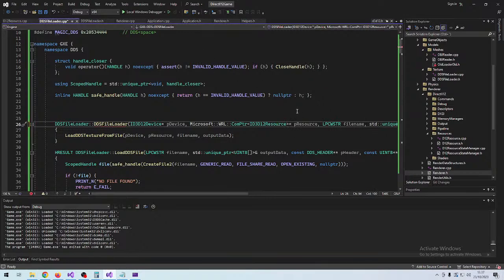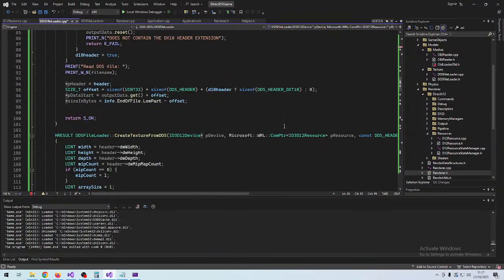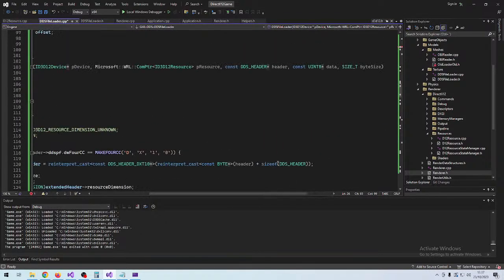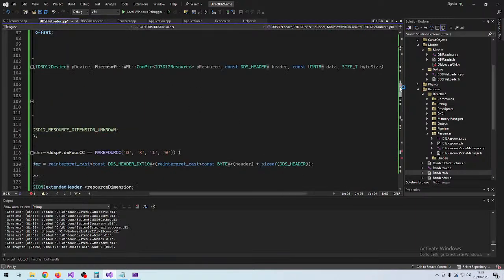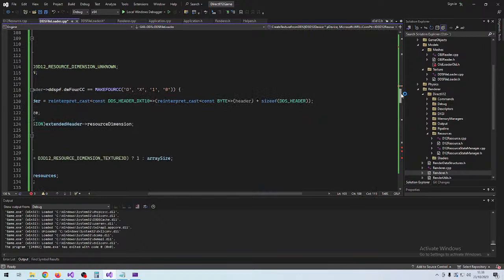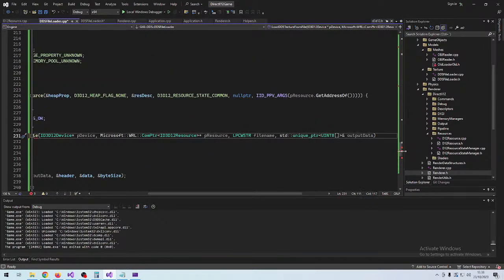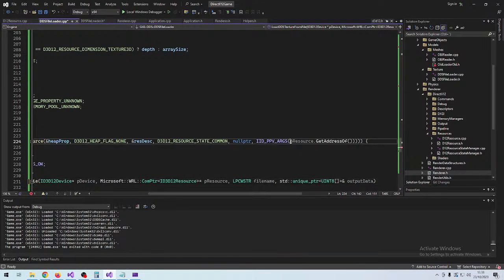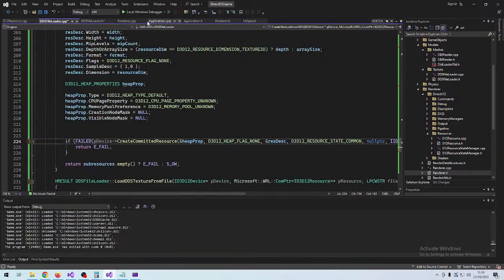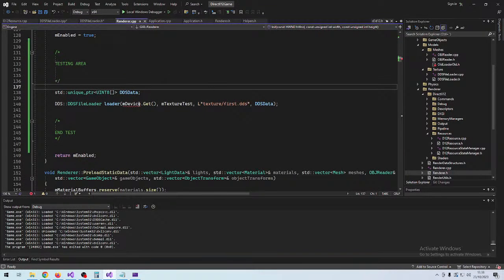Maybe we want to pass in a pointer to the com pointer here. Let's see. And so then we need to dereference this and get the address of it. There we go. I know this is surely not how it's supposed to be, but